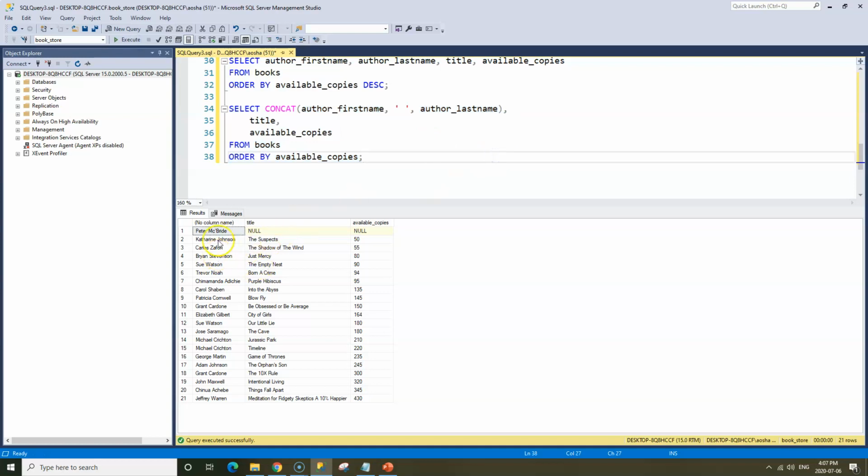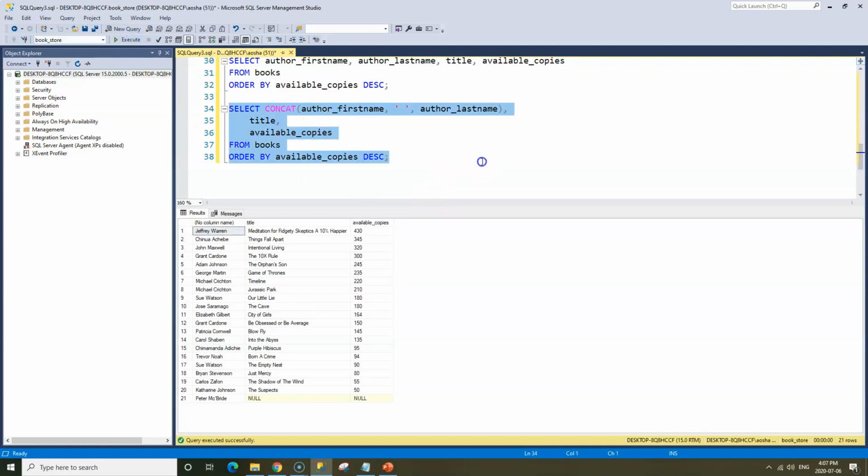Now we have our author's first name and last name, and then we have the title, and we could do either descending or ascending. Let's say descending, execute, and we can call this full name. Run this. So yeah, just to show you that we can concatenate even when we use the order by